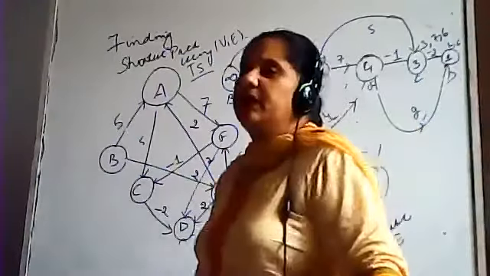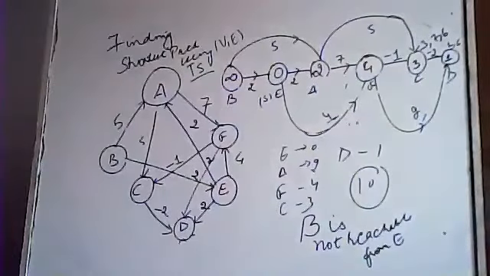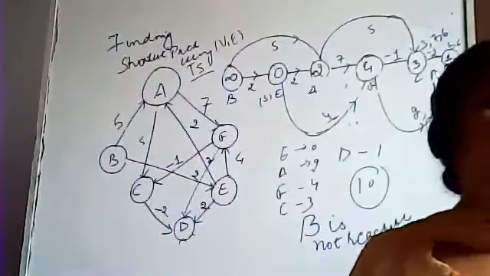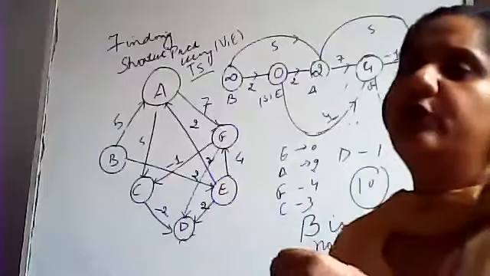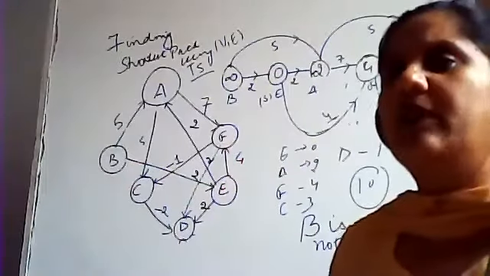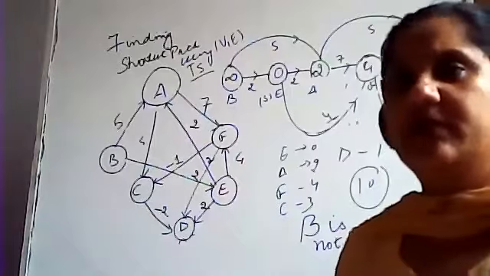But if you consider B as a source, then the scene will change. If you consider B as a source, then B will become 0 and you will process the graph accordingly. And the entire scene will change. Is it clear? If it is clear, please raise your hand. And if you have any doubts, you can put your questions. This is another way to find the shortest path. Any graph will be given to you, you can apply the topological sorting and find the shortest path. Okay.